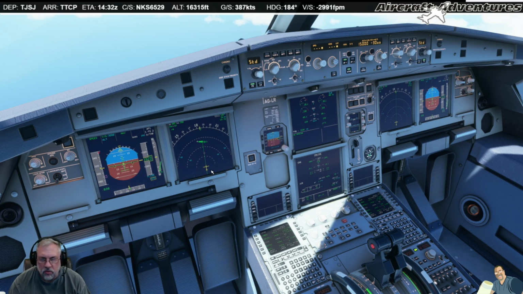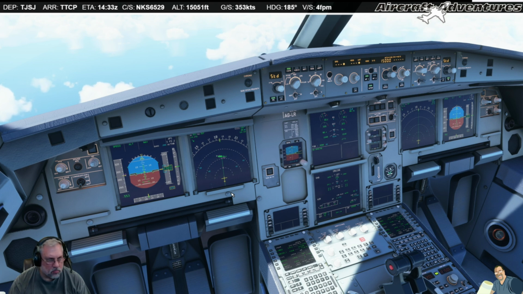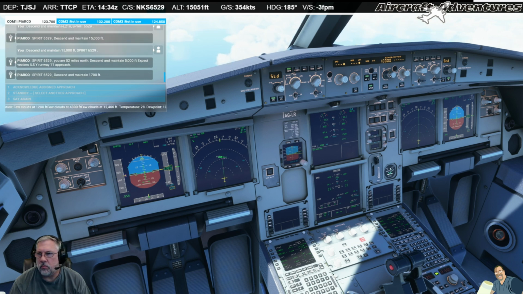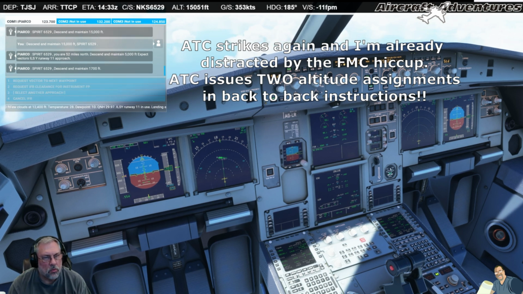Descending down to 15,000 feet. Spirit 6529er, descend and maintain 5,000 feet. Expect ILS to your runway, heavy rain. Sky condition: few clouds at 1,200 feet, few clouds at 4,400 feet. Temperature 28. Dew point. Descend and...